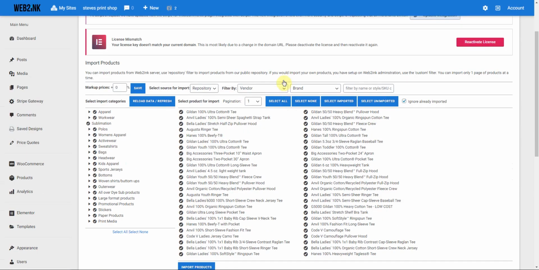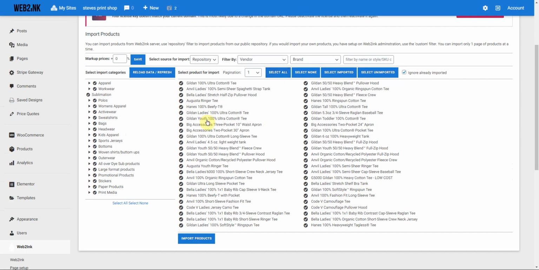Okay, so this is all loaded. This connects directly to our main server. Our main server works in conjunction with your website in order for you to import products, and then we also manage and host all of our